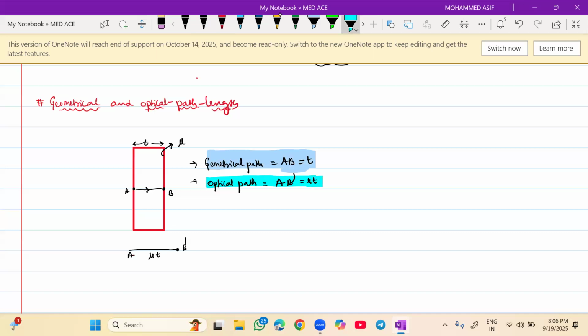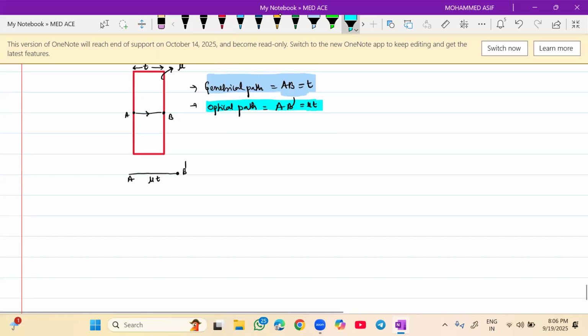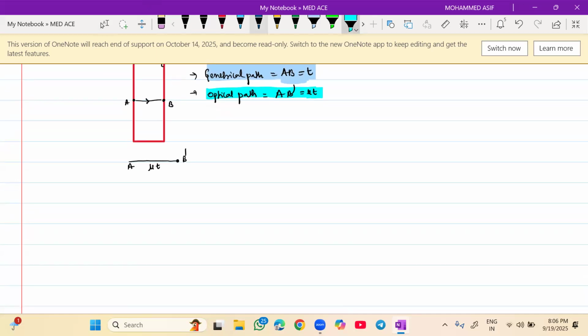Okay. So whenever a sheet of mica, a plate having thickness T, is kept in front of a light, the distance traveled will be equal to mu times T. Now let us come to our actual problem, that is, if a thin sheet of film